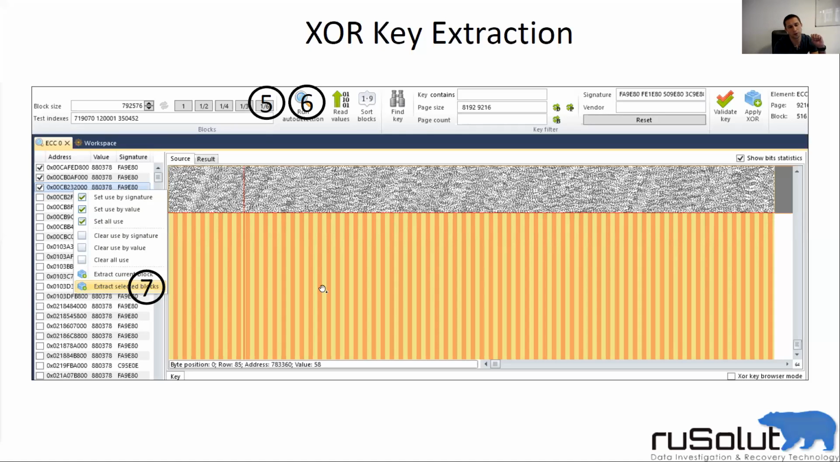Why do we need 3 blocks? Because if we use only 1 block, it may have some bit errors, some contaminations, and those bit errors can damage the full dump. If we use at least 3 blocks where we're supposed to see the same data,